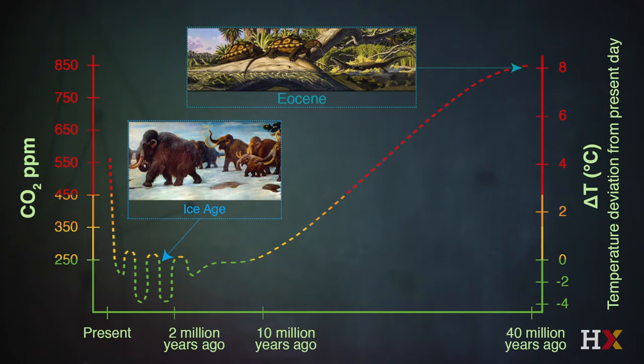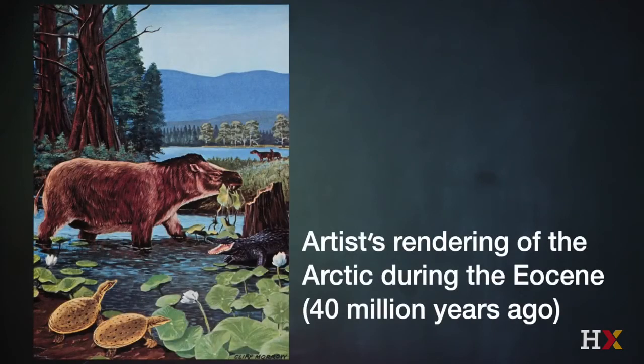Now, remarkably, and this is captured in the Museum of Natural History in Washington, D.C., there's a picture based on fossil fuels of what the Arctic Ocean looked like 40 million years ago. And 40 million years ago, these tropical beasts and plants existed year-round in the Arctic. That meant that the temperature of the Arctic never even approached the freezing point, because these species are killed within a month by temperatures of that magnitude. So year-round, the Arctic was very warm. In fact, there's evidence to say that there was a very small temperature difference between the equator and the polar regions. So it was a very, very different climate.